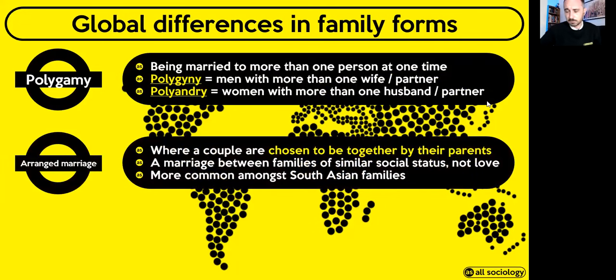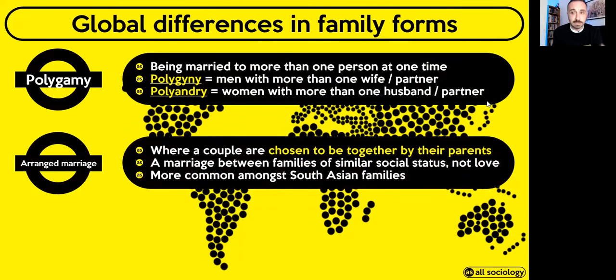The other thing the exam wants you to know about is arranged marriage. Now, this is different to forced marriage. Arranged marriage is often where a couple are chosen to be together by their parents, and it's been pre-arranged. It's been discussed between those families. Often, we're thinking about places like, again, South Asia, so India, maybe Pakistan, those kind of places where people are chosen to be with each other,